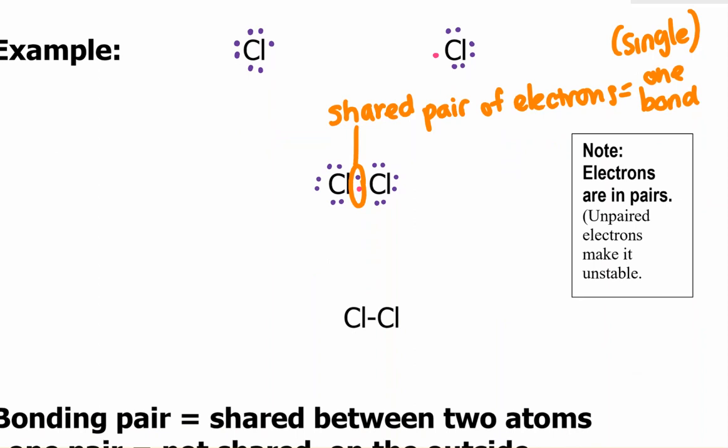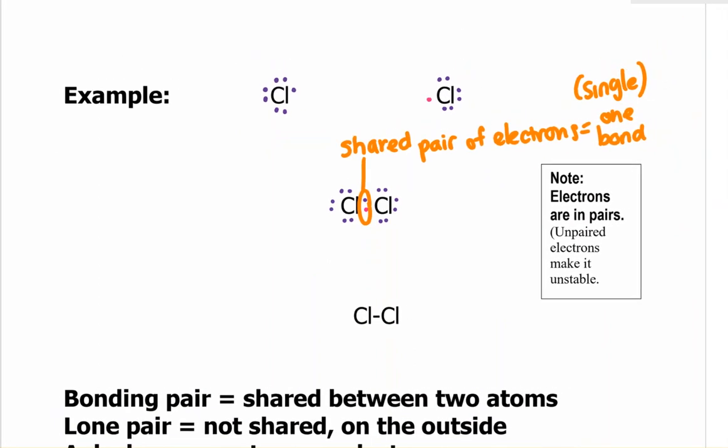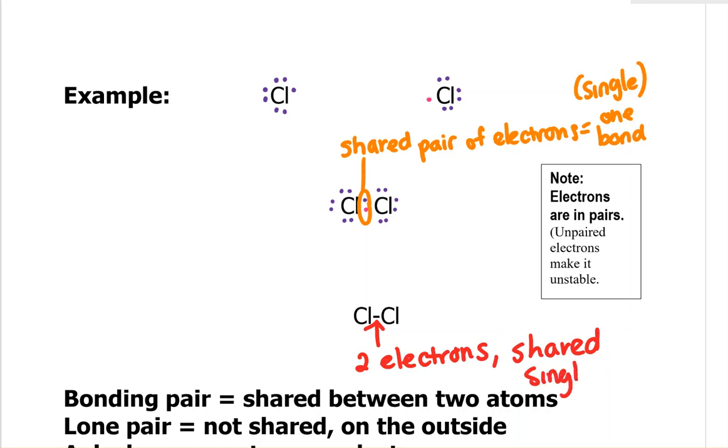I'm going to scooch out a little. This line that represents 2 electrons that are shared in single bonds. So it means the same thing to draw a dash. Okay, and on this one I'm not showing all of the ones on the outside, but